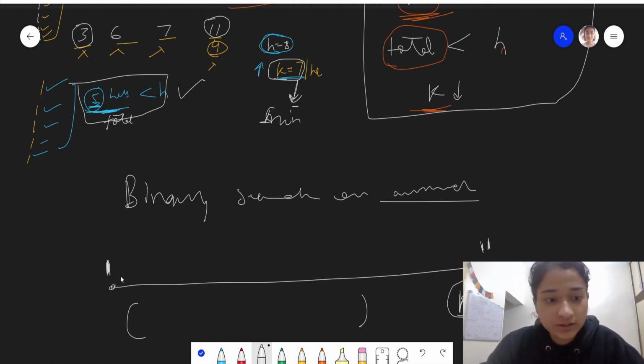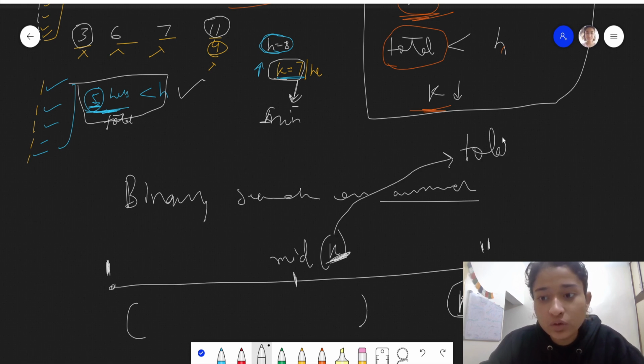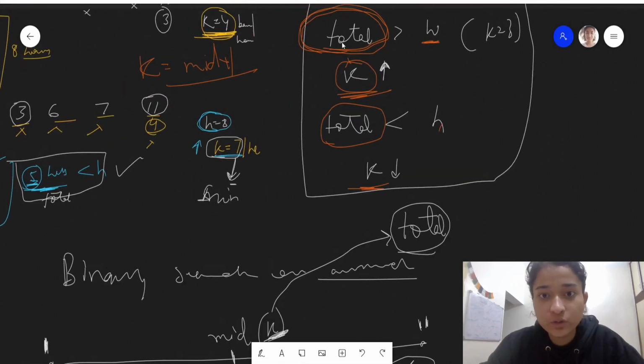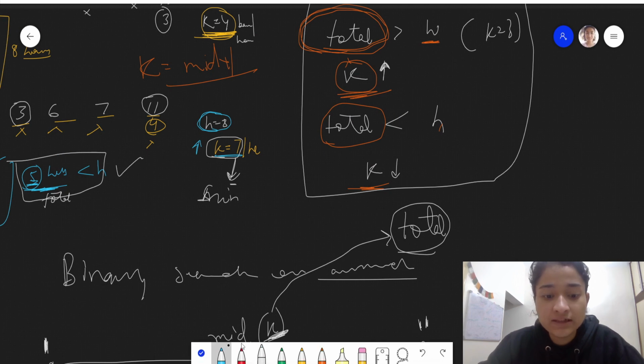So what we will do is binary search. We will find the middle element, and we will check for this k value. For this k value, how much total time does Coco need to eat all the bananas? If that total time is greater than the hours we are given, it means Coco is taking too long, as it should complete in h hours.